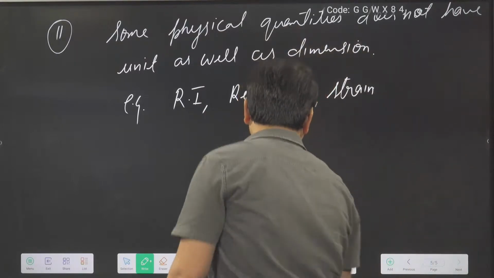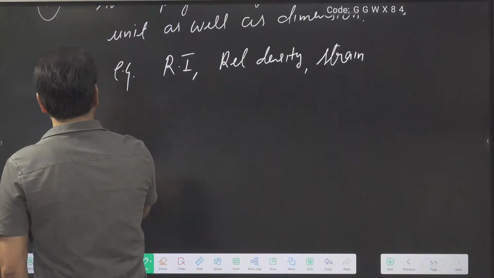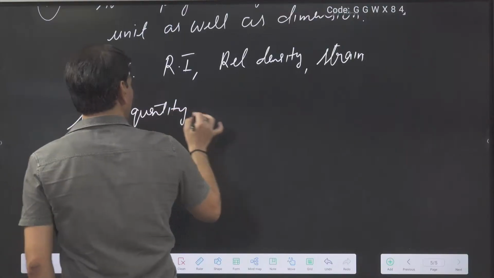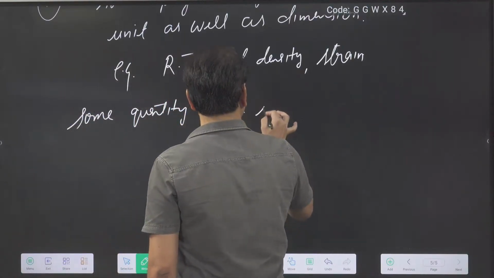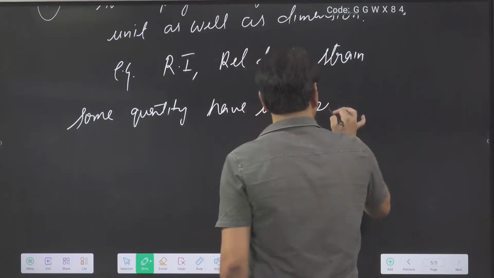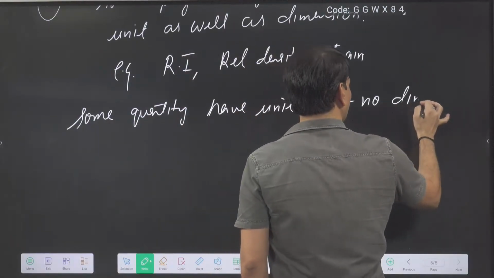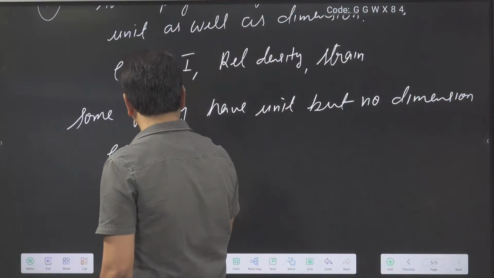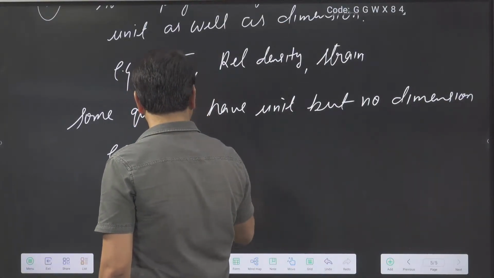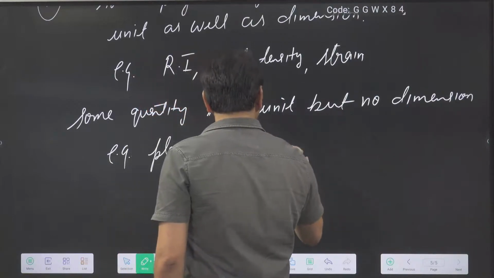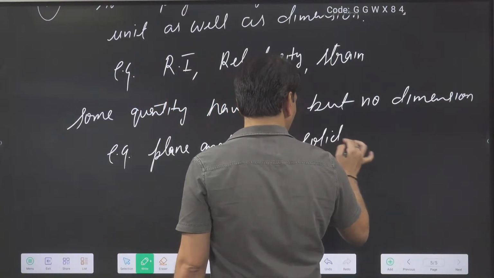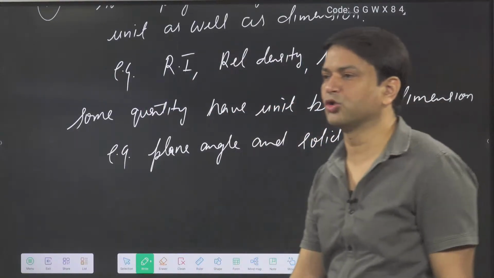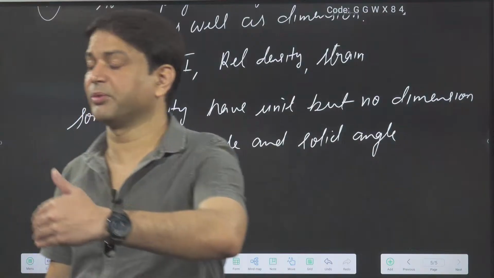Solid angle and plane angle, good. So some quantities have unit but no dimension. Example is plane angle and solid angle. Plane angle has the unit radian, solid angle has the unit steradian, but they don't have dimension,